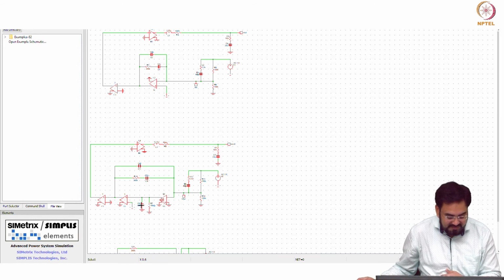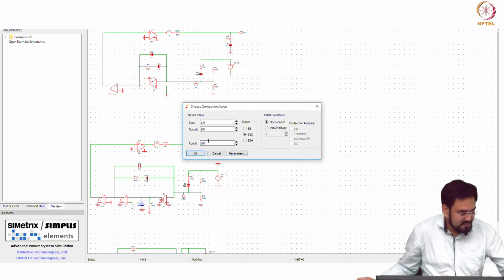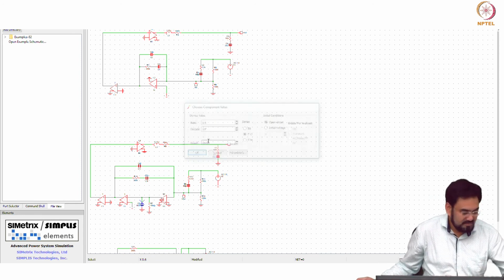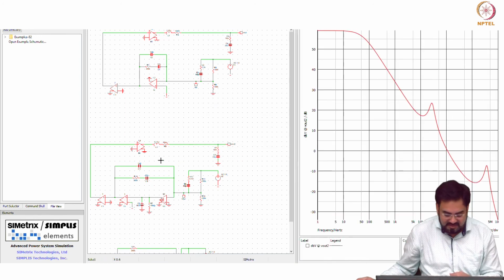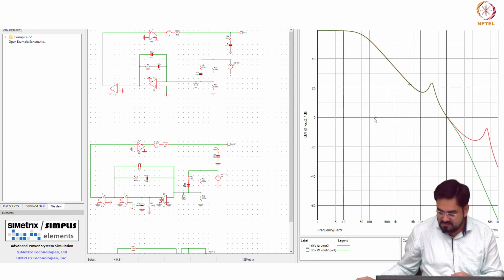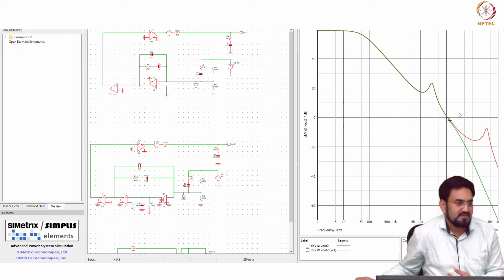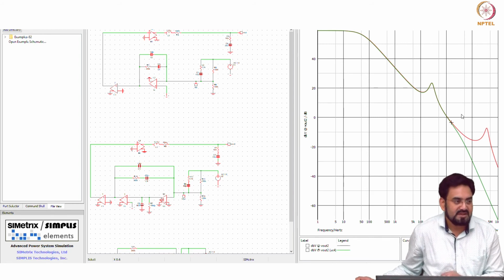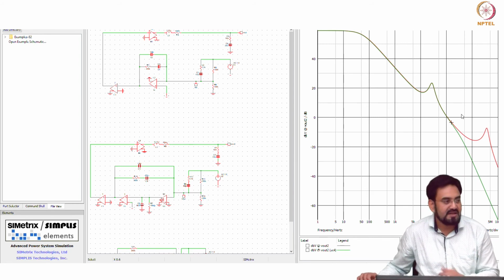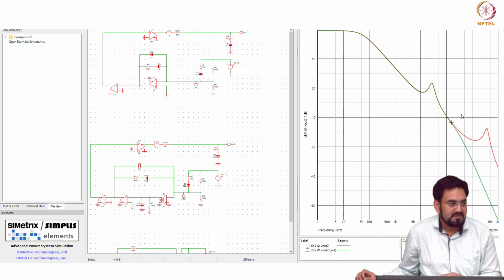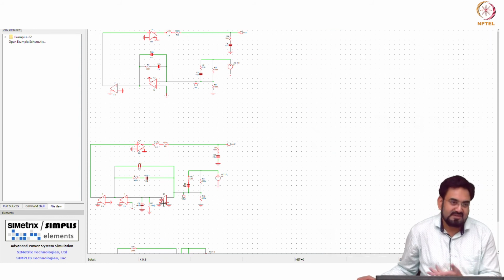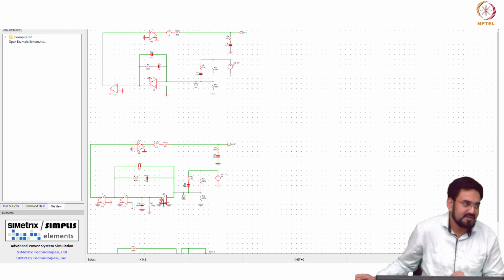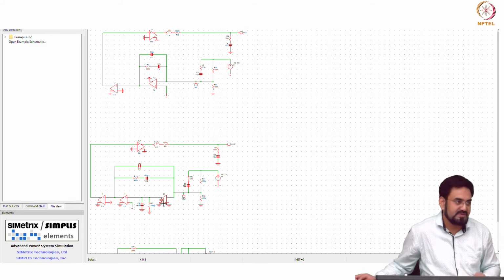Okay, so let me just go back, and I'll keep this and I will add those poles. So that resonance went away. So that's another benefit of having those two high frequency poles. It will try to suppress any resonance which might occur due to the limited bandwidth of the op amp or the poles which are in the op amp. And if you replace it with the second order, this resonance may look even worse actually. We are just having a first order approximation here.